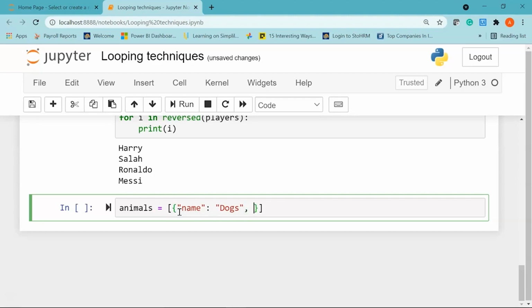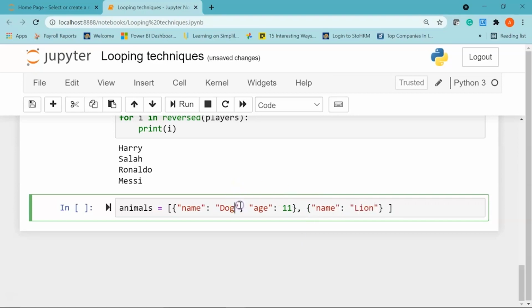I'll give a comma. Then my next key is the age. Let's say dog's age is 11. So this is my first list element which has been passed in the form of a dictionary. I'll create another curly bracket and we'll have the same keys. This time let's say my animal is lion.